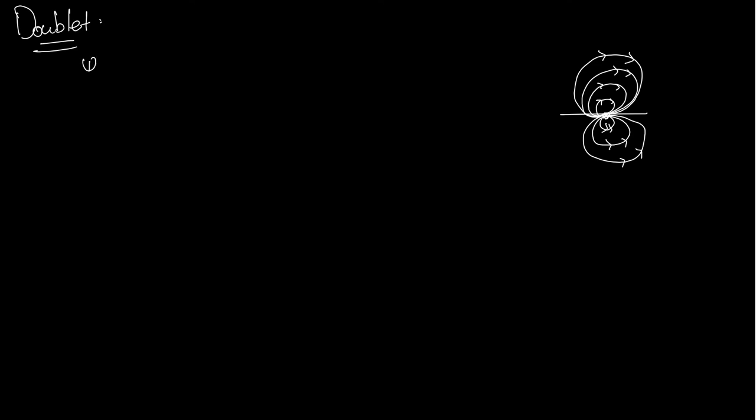So we know that the major idea of getting a doublet flow is just that you have a source here, you have a sink nearby. So what happens is similar to the previous case that we discussed. You are making the ellipse smaller and smaller. Instead of having a uniform flow, you are just having a source flow and a sink flow. It is similar to a positive charge and a negative charge that is kept nearby, and you'll get fields like this. So it is similar to that. That is what we are trying to do, and we are limiting this distance between them to tend to 0, and then we'll get a doublet kind of flow.